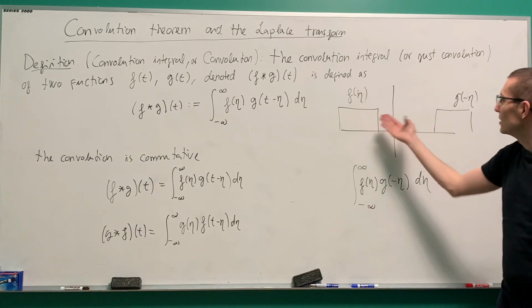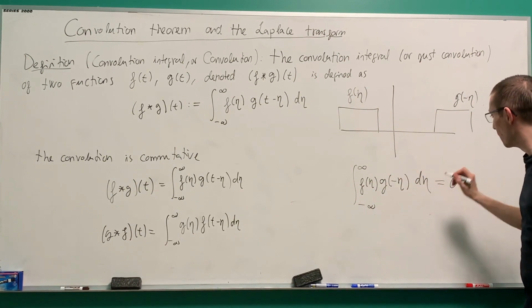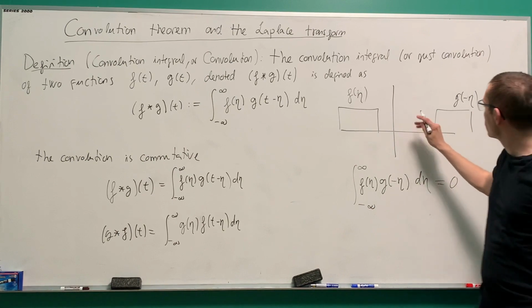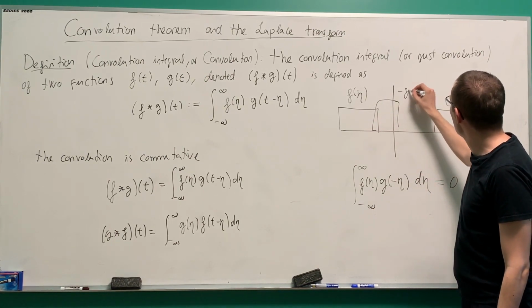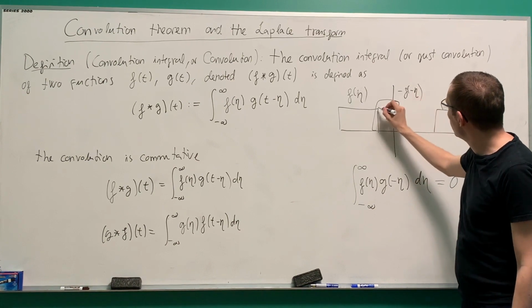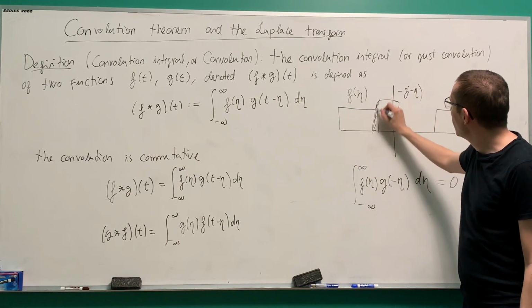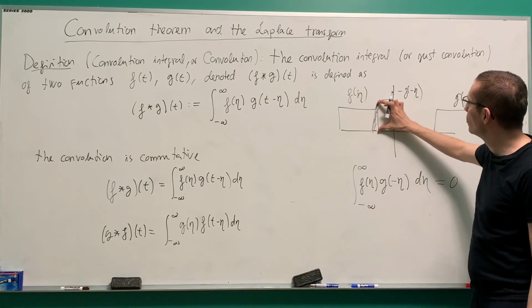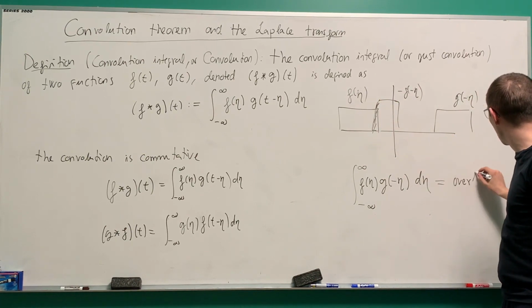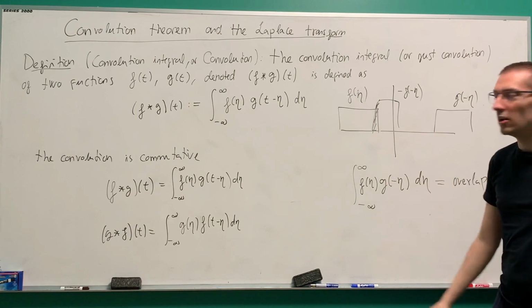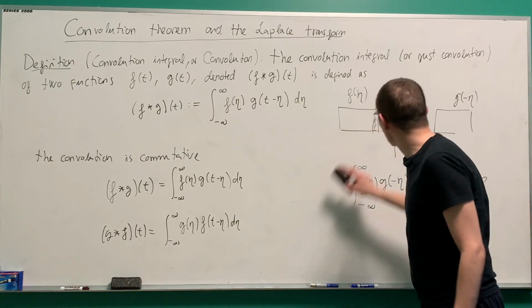So the overlap between the two is 0. Of course, if the functions were to overlap, imagine that g of minus eta would be something like that. Well, there is some overlap, right? So here you get the area under the product of the two in this region. That would be the result of that integral, the overlap between them. But as I wrote it,